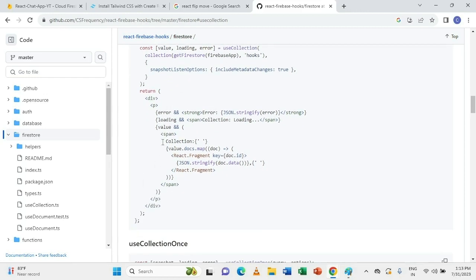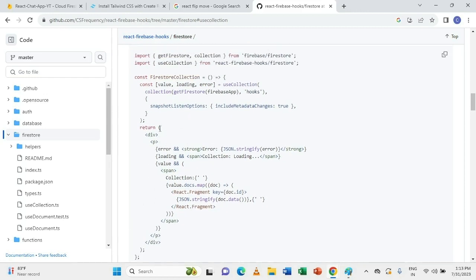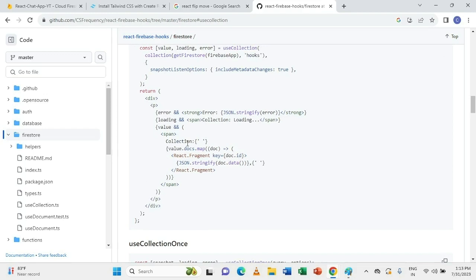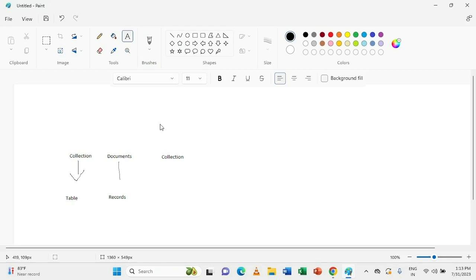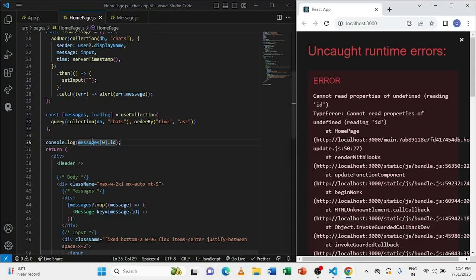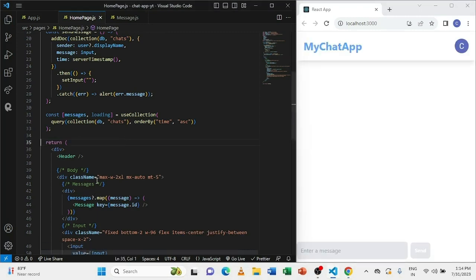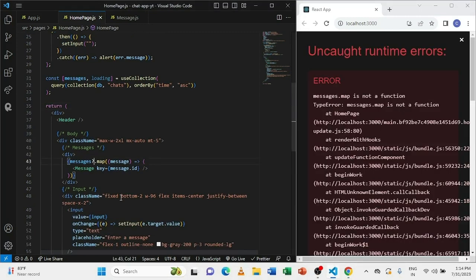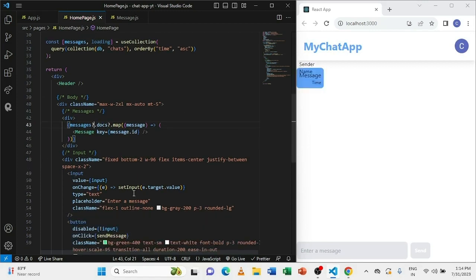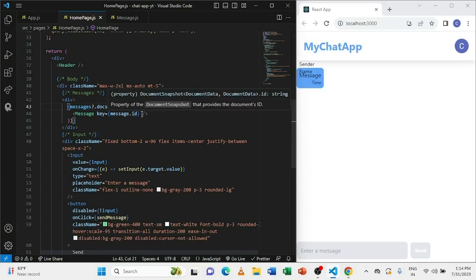Okay, and error loading value, dot docs dot map. Okay, doc, and we can provide it doc dot id. All right, so I was right. So this basically returns an array, so this should have a dot docs dot map, and then